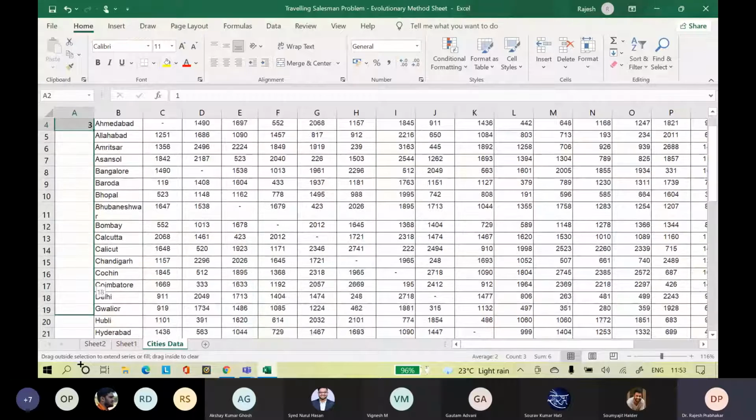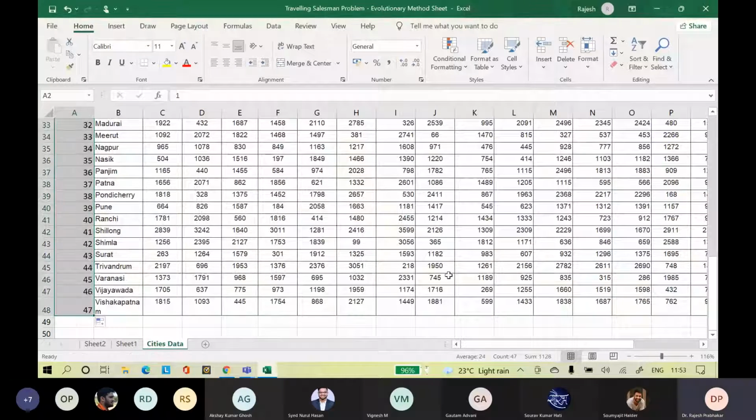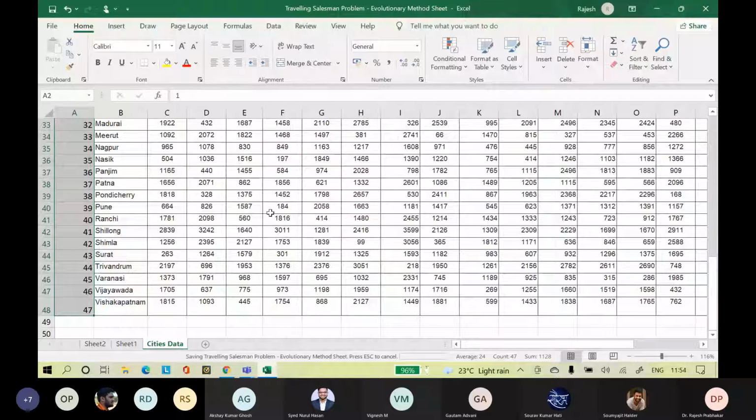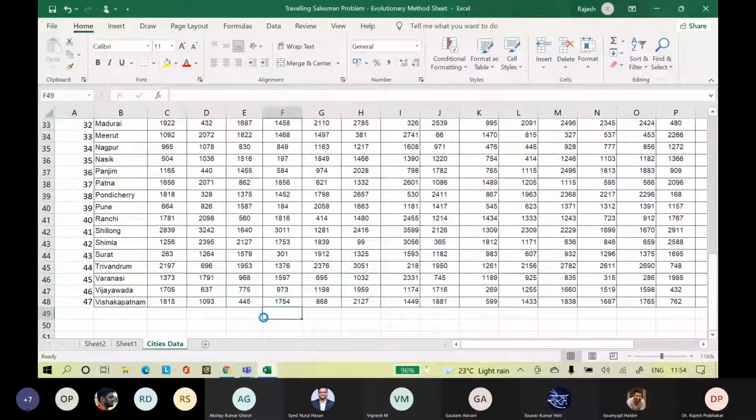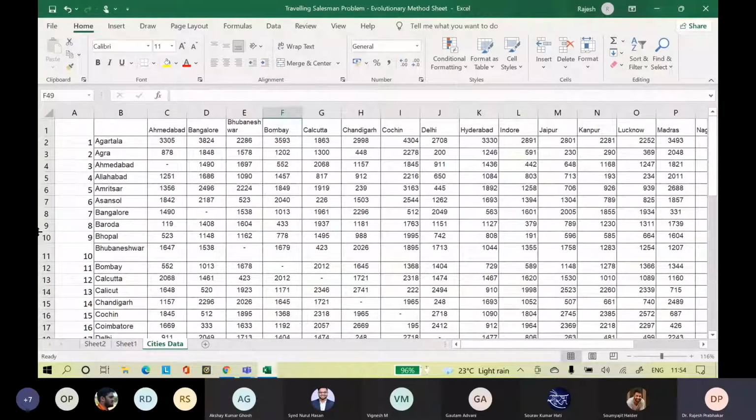Give a serial number to the names, till Visakhapatnam. Step 1, all of you insert numbers for the state.